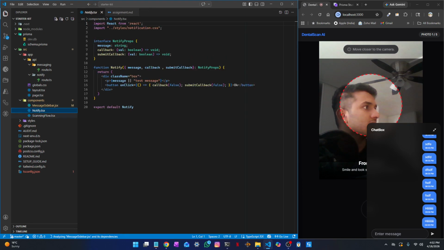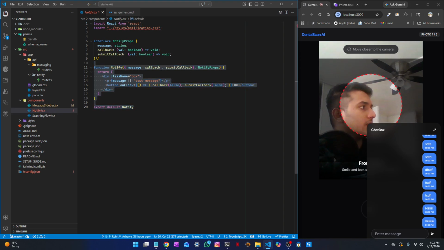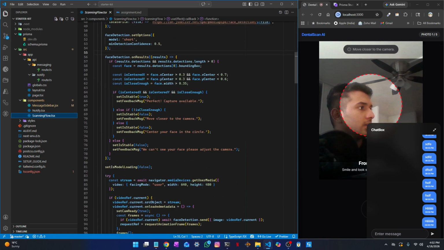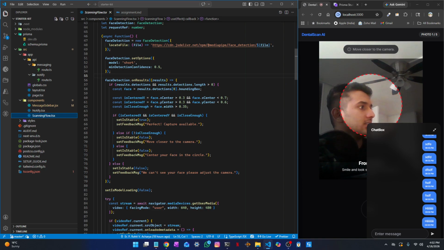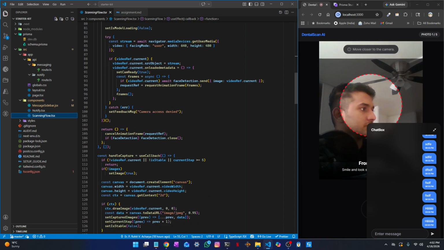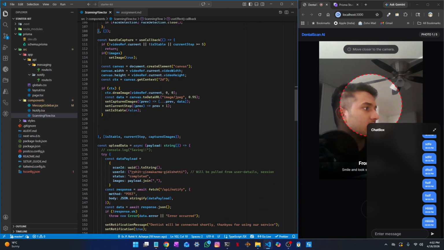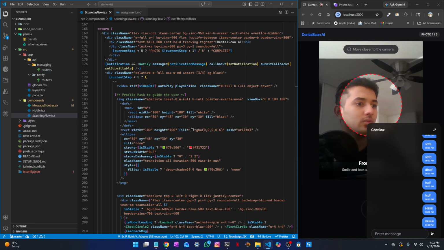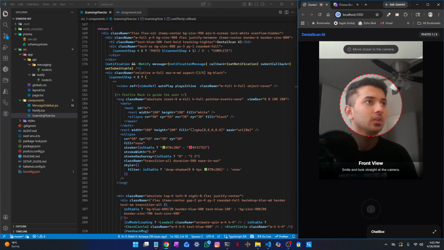For the notification, I've used a different component. I just wanted to keep this a little bit modular so that I can use the notification in different components as well. I've also used IIFEs, the fancy method calls. And apart from that, I also made sure that this area is blacked out,